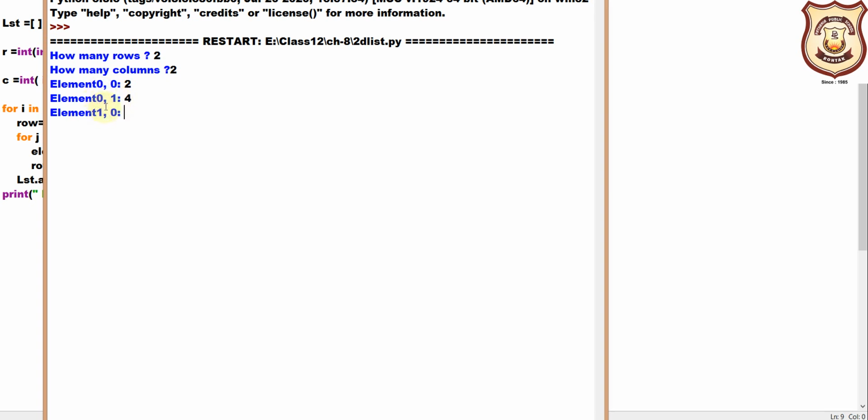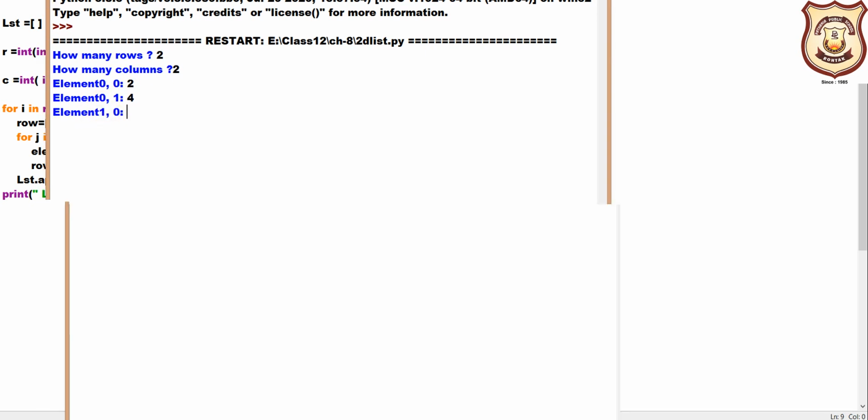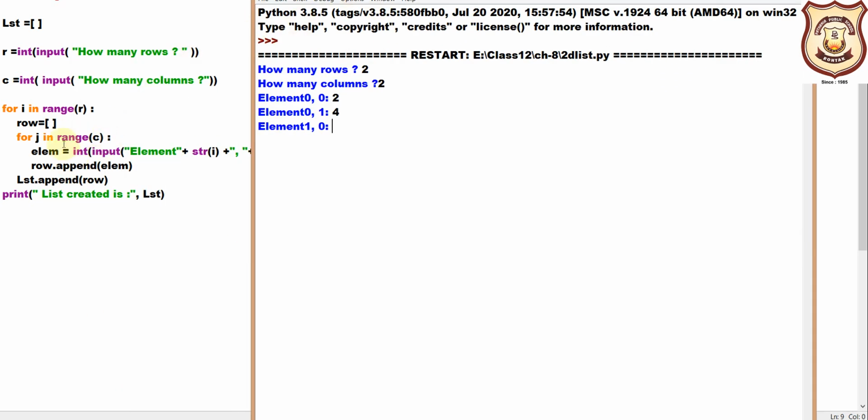Now you can see the value of row has been incremented. We can say the outer loop, here you can see i has been incremented by 1. Initially i was 0, and we have entered the values of these two. So the first row has been completed.